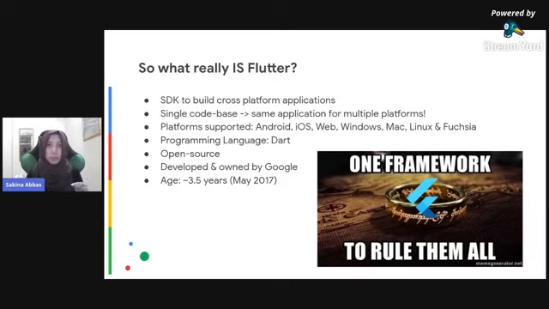From that single code base, you get applications for multiple platforms, ranging from Android, iOS, web, Linux, Mac, Windows, Fuchsia, which is a new and coming OS announced by Google. So you have this wide array of operating systems and platforms that Flutter supports. Originally, I think it started with Android and iOS, but lately it has been working a lot in the domains of web, Windows, and Linux particularly.